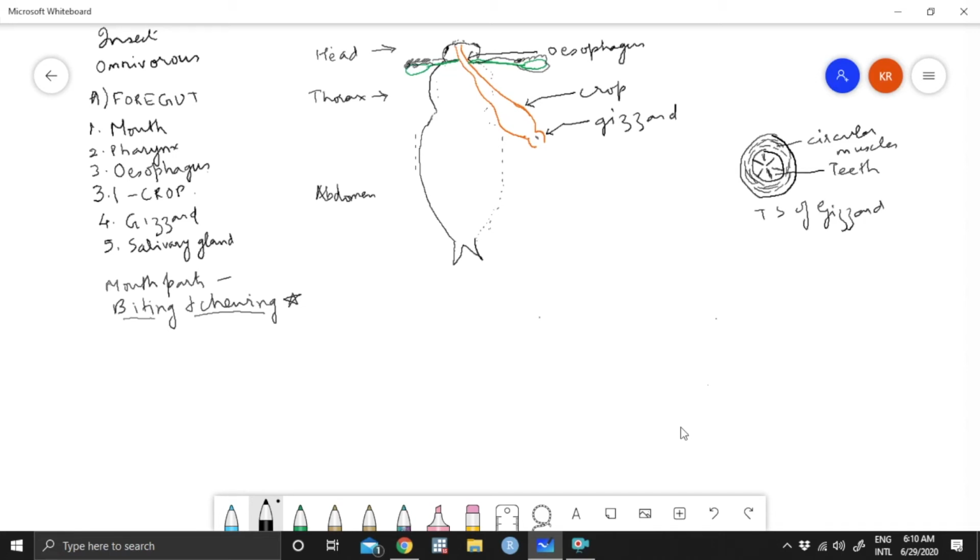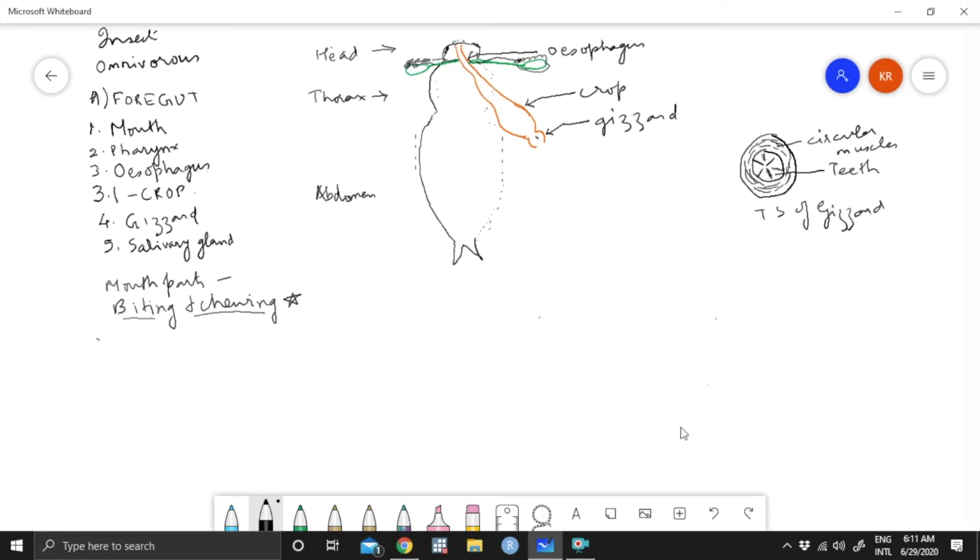And with the help of the teeth, see, although this is a small organ, the teeth and the circular muscles help to completely crush the food. Now the food can go sometimes back from gizzard to crop, crop back to gizzard. So this is allowing it to add mucus over here in the crop, bring it back to gizzard, digest it and crush it further chemically, mechanically, and bring it to the next part. So all this was foregut.